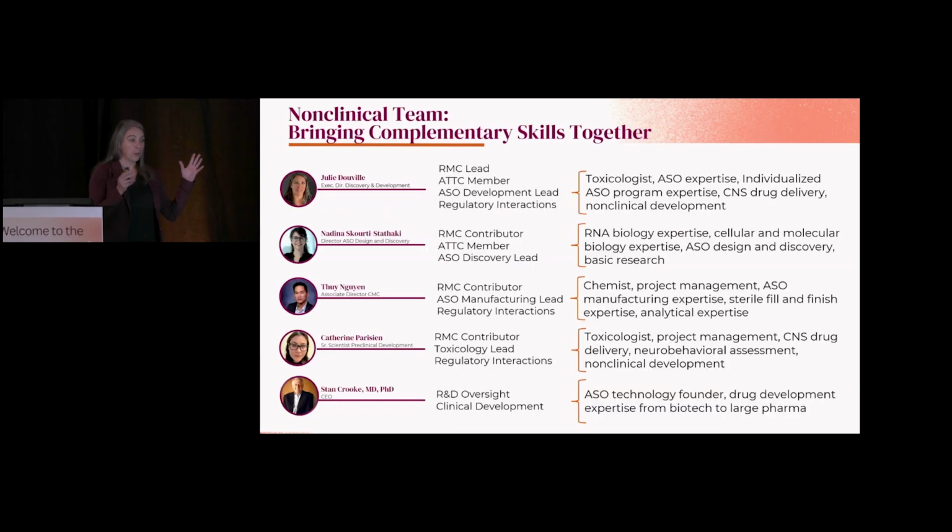So for the non-clinical development steps, you need to have a lot of different skills and knowledge, and this team is bringing exactly that into n-Lorem. And you can see we have a toxicologist, a chemist, we have Nadina, myself, and Stan. And so taking all of our experience, expertise, knowledge together really makes it possible to continue the transition of these